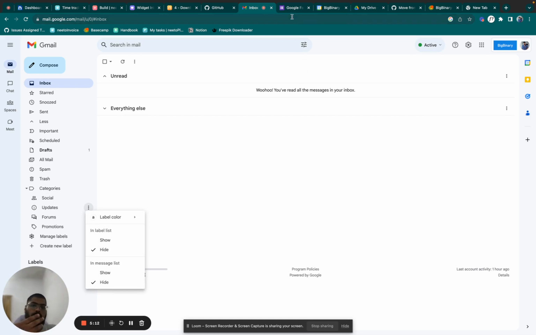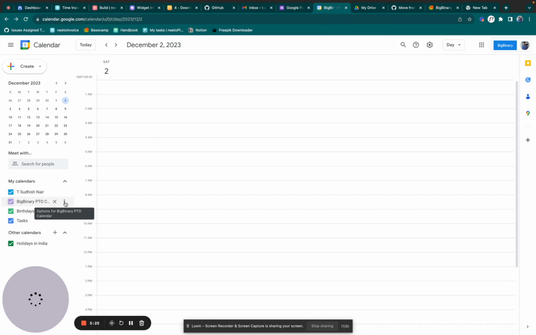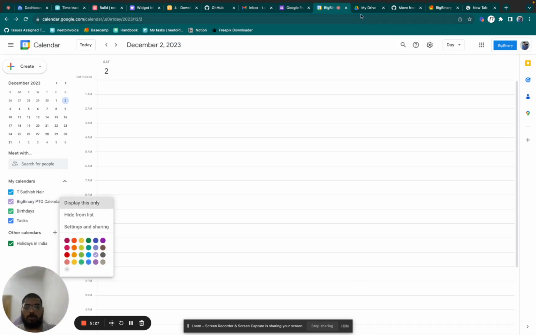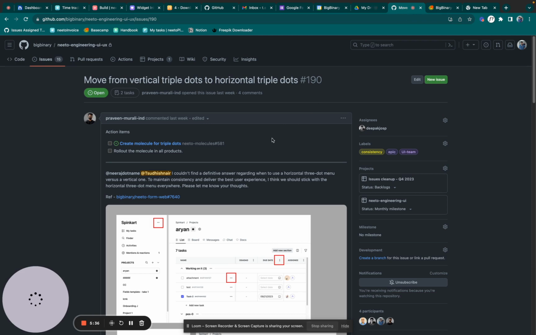Now if I switch from Gmail to another Google product, which is Google Forms, you can see the same vertical triple dot menu being used. Now, if I switch from Google Forms to Google Calendar, you can see the same vertical triple dot menu being used. And the same goes for Google Drive as well. This sort of consistency is what we were trying to achieve with this issue, and finally what we decided